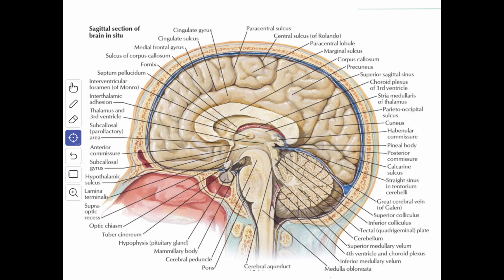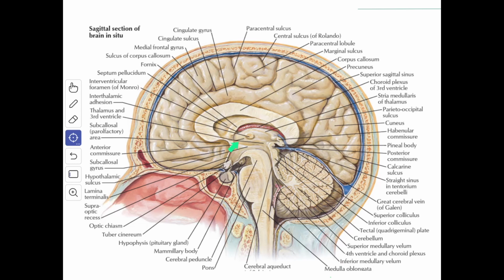The cavity within the diencephalon is the third ventricle. The diencephalon comprises two major subdivisions. You have the pars dorsalis, and this area is the pars ventralis. These subdivisions are seen in the mid-sagittal view of the brain and are separated from each other by a shallow groove called the hypothalamic sulcus. This is the hypothalamic sulcus, which divides the diencephalon into the pars dorsalis and pars ventralis.